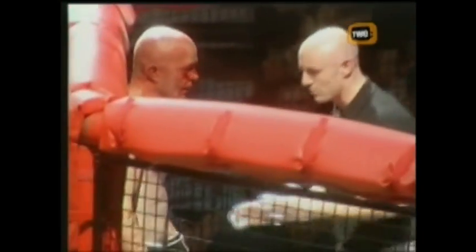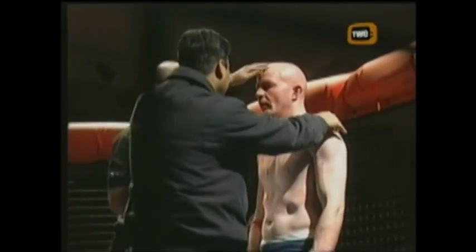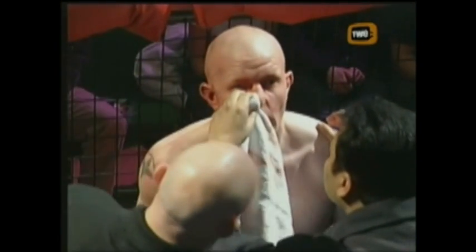There's a lot of blood coming from his nose here. And the referee's jumping in just to check the cut, because there is a bit too much blood there, obviously, we've got to think of the councils. Again, as Grant Waterman always says, his first priority is the safety of the fighters. Yeah, and rightly so. And Grant's a good guy. It does look like a lot of blood, but I think it's all coming from his nose, so I don't think that's going to stop this fight. I'd be very surprised to see a fight stopped on a nosebleed. Well, Wayne Lascelles, Ian Freeman's number one student, he got a nosebleed. He tends to bleed a lot, apparently, and the doctor stopped it, much to the despair of him, but...